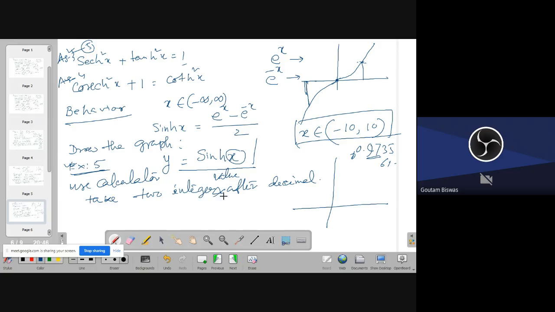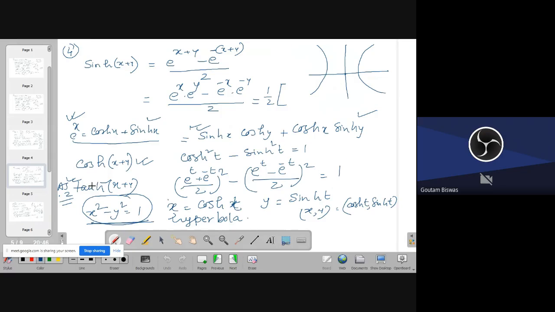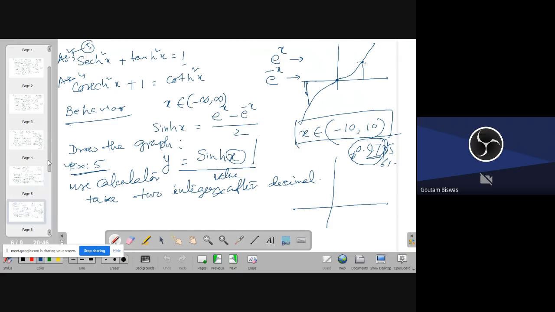Take 2 integers, I have taken only up to 2 integers after decimal. I have not made it 4. So you can draw it. Only one graph I have given. I have not given all, but ultimately you have to do all the graphs. Then in 6,